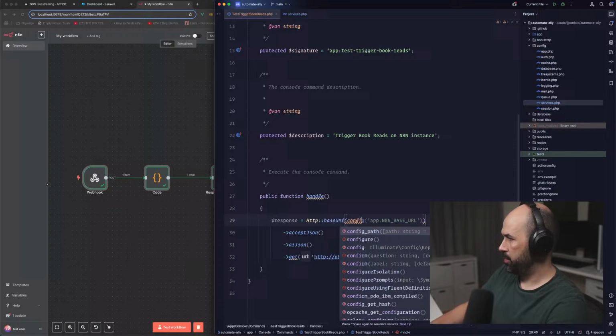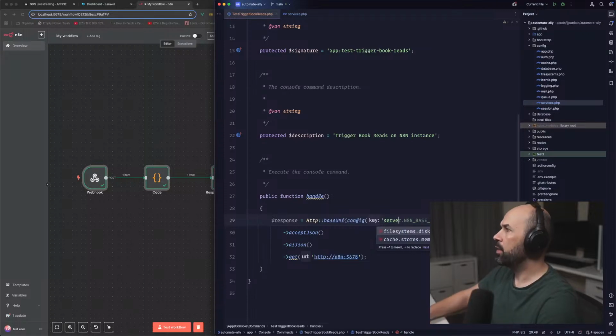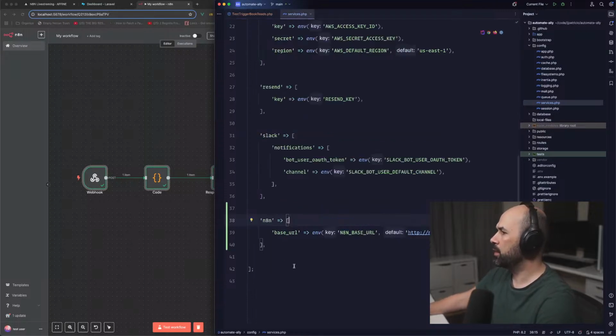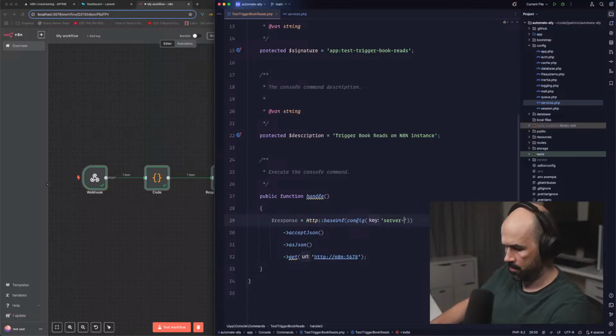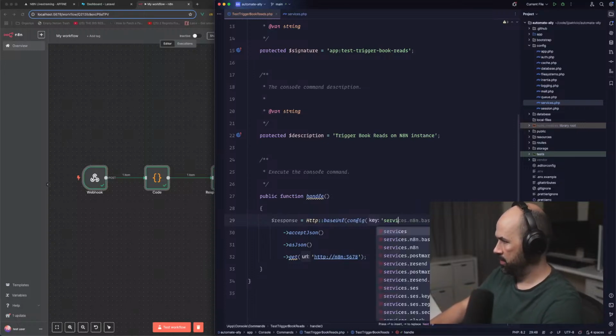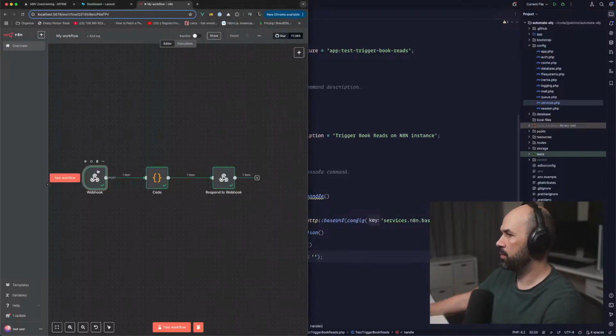And this will be our config services. Yeah, now we're talking. N8N base URL. And we are going to get our endpoint.